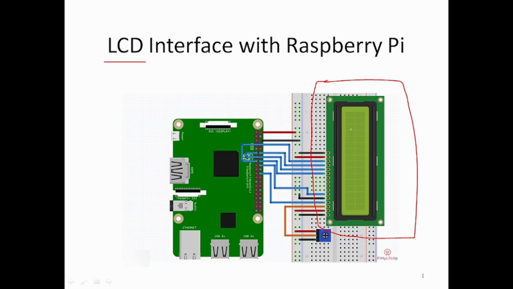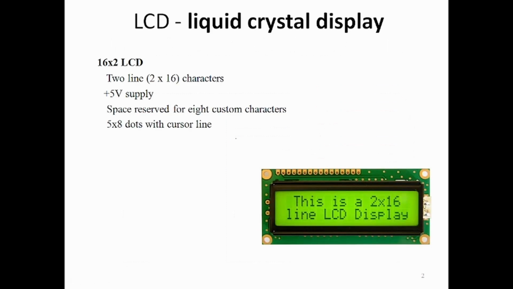This is a display device and we will interface this device with Raspberry Pi board, and again we will use its GPIO only. And as you know, this connector has various GPIOs. I have already discussed this connector in my previous videos, so just go through them if you don't know about this GPIO or this connector. But we will use a few GPIOs to interface this LCD with Raspberry Pi board. So now what is LCD?